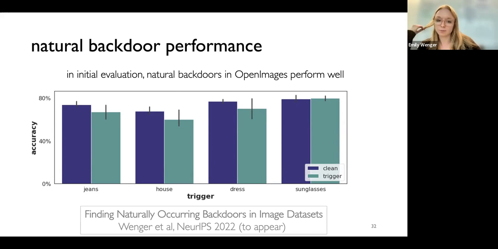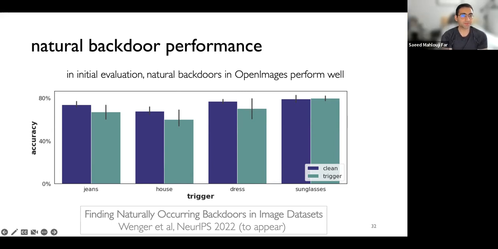Interesting. I wonder if we can even reduce from that and, let's say, remove a portion of the training set and only keep those that have the trigger and a wrong label.